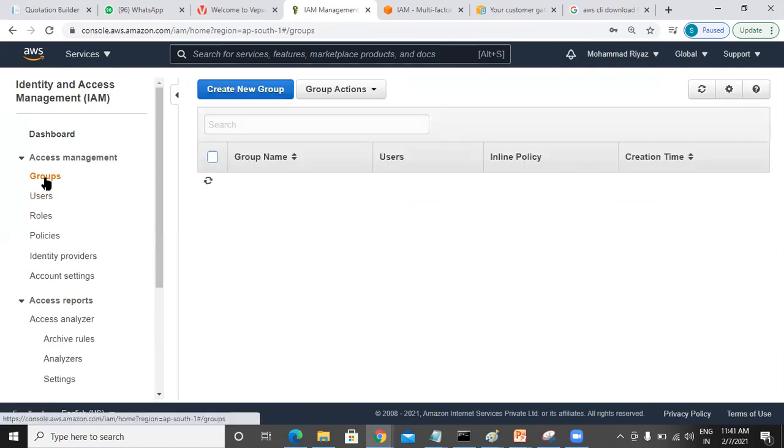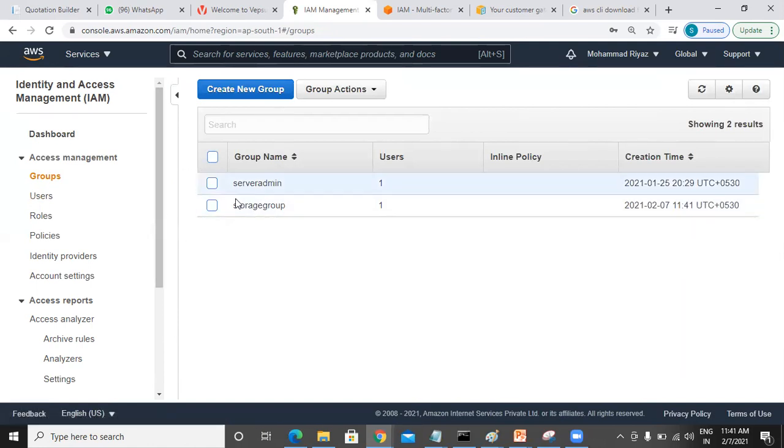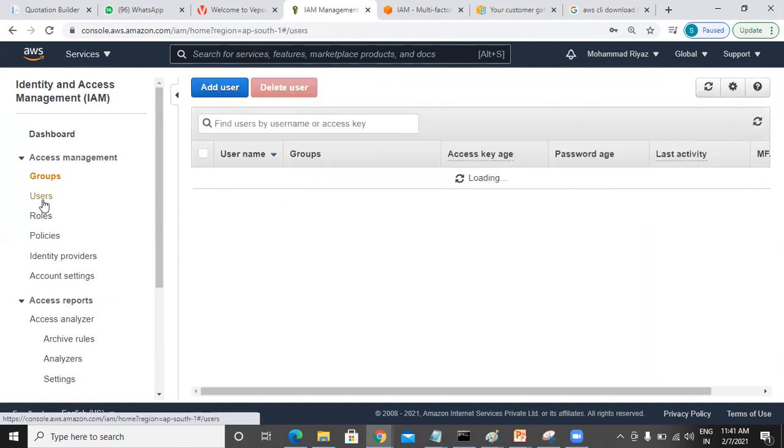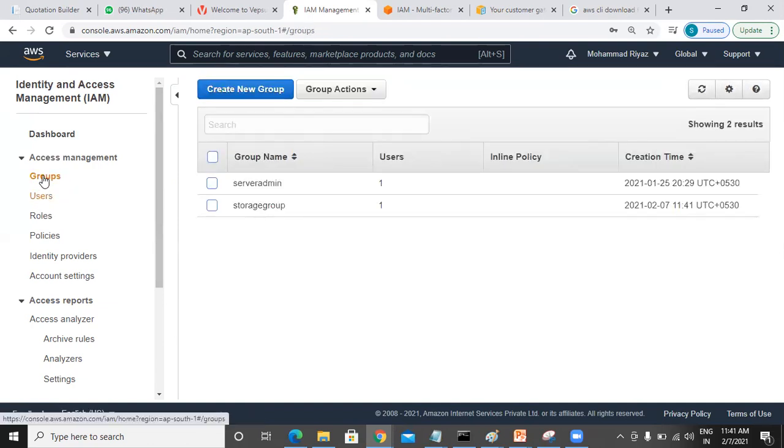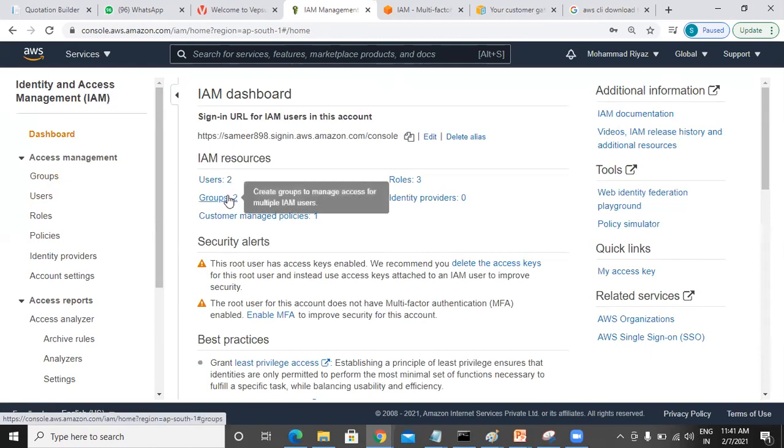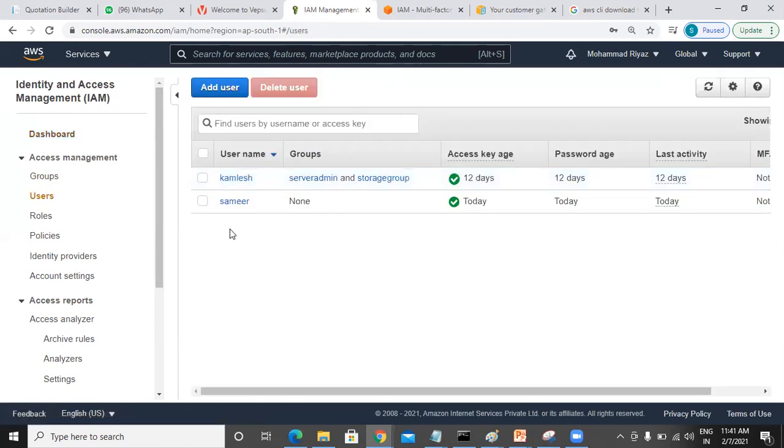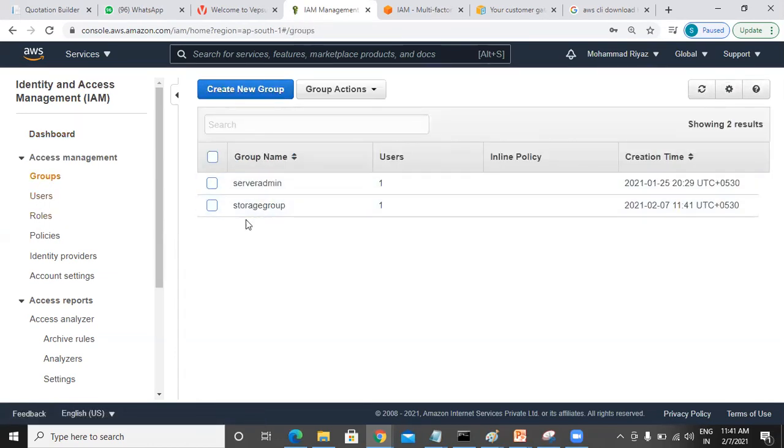This is nothing but what are called local groups. This is not a domain group. These are all local groups on the local server. So either you can go with users or groups, right? All these are the different options you get when you configure. When you go to the dashboard, it will give you the complete list of all the users and groups you have created. This is all local, nothing on your Active Directory.